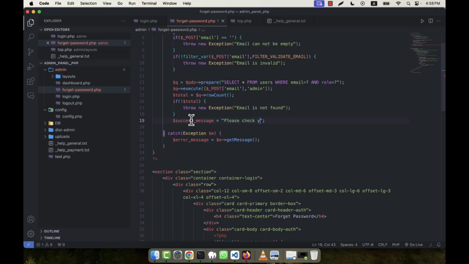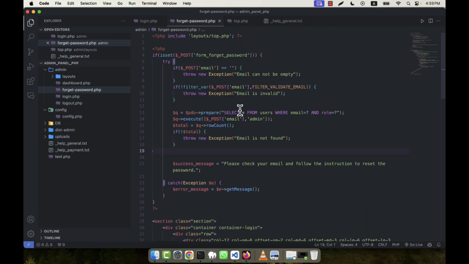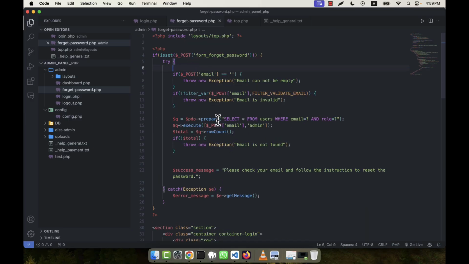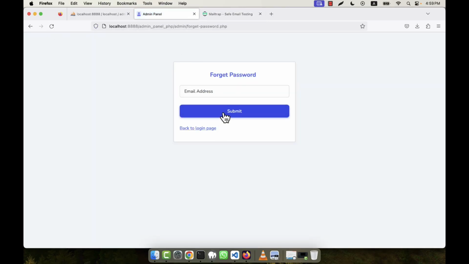Please check your email and follow the instruction to reset the password. Okay, but here are some other things I will do. So email sending I will need to apply here, but before going there I am going to refresh, click on